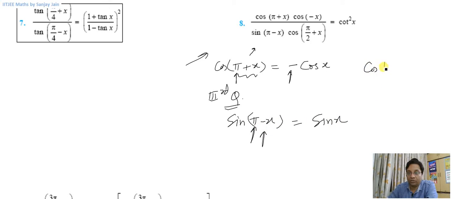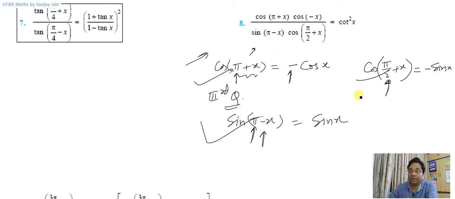And cos pi by 2 plus x is there. So there is this pi by 2, right? Odd multiple of pi by 2. So it will change to sin. Now which quadrant is this? This is second quadrant where cos is negative. So minus sin x will be there. So these are the formulae that I am going to use here. And of course cos of minus x is equal to cos x itself. Right? So these four formulae I will use to solve my left hand side. Now let us use them.